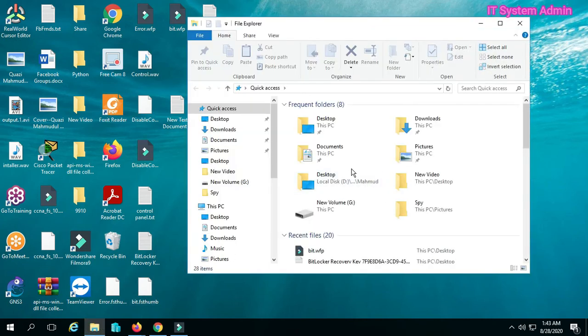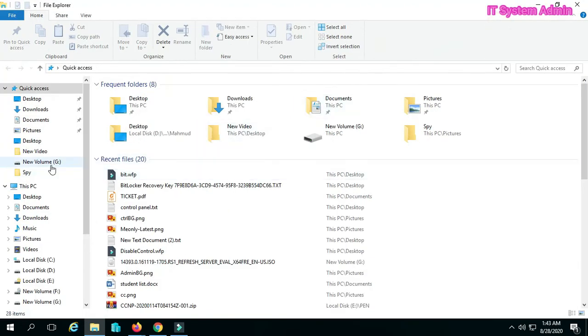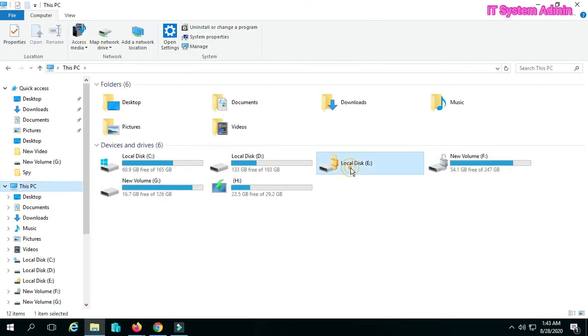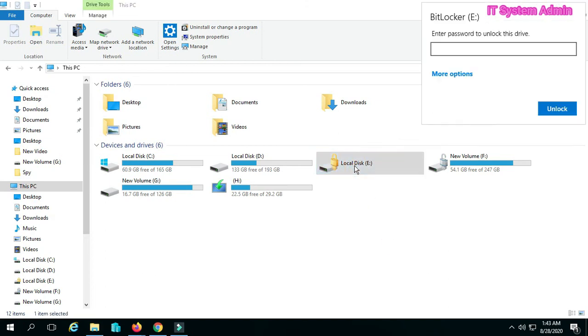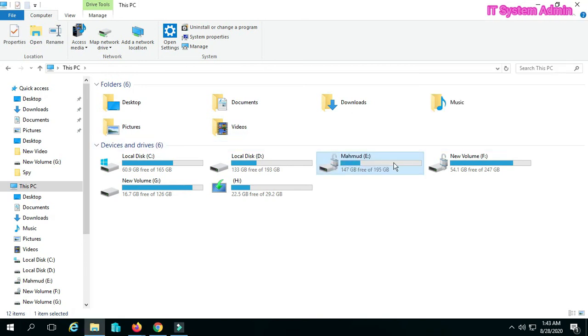open File Explorer. Your drive will look like this. Click on this drive. Look, I have to enter my password to unlock the drive. Okay, click on unlock. Look, my drive has been unlocked. Now I can